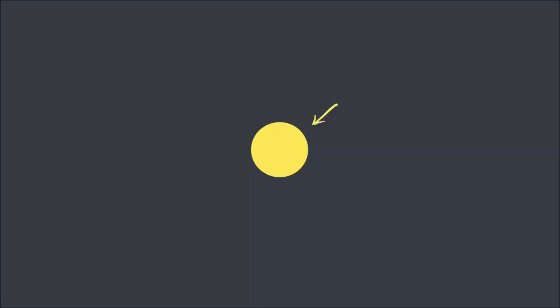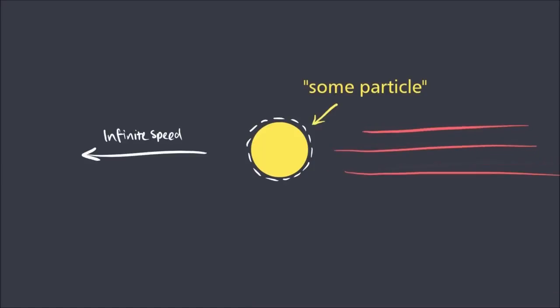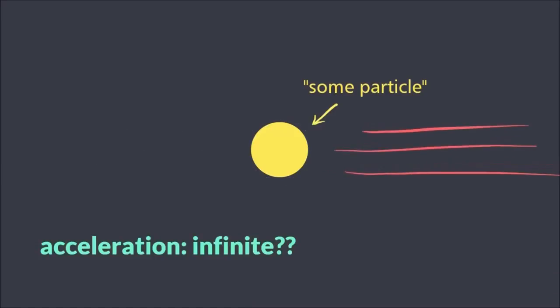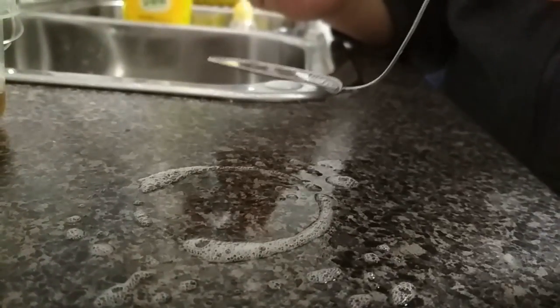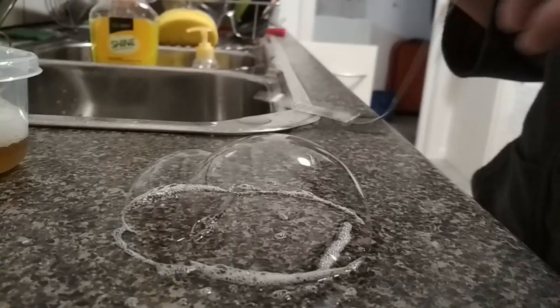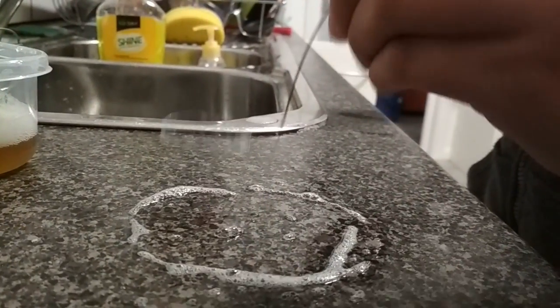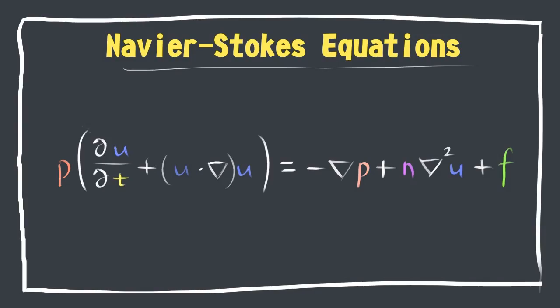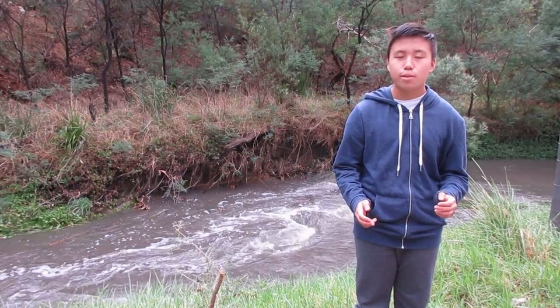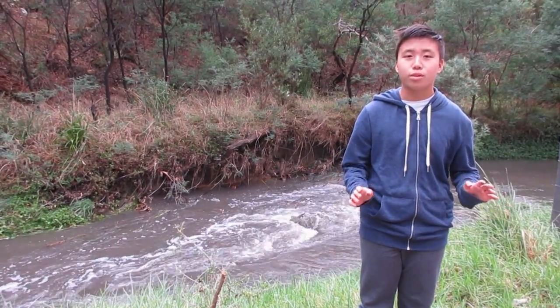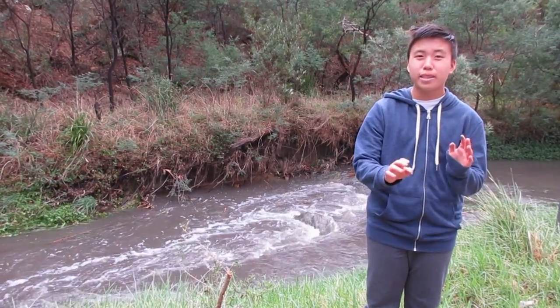In some situations, the Navier-Stokes equations tell us that some particle within the fluid is actually accelerating away at infinite speed. The acceleration becomes infinite because of something called a singularity. Picture this, you're stretching out a soap bubble until it suddenly snaps. The decrease in bubble size is so fast that we can call it infinite. This is what happens, just in equation form. We can see that since the nature of turbulence is unpredictable, providing a global solution for all the different states a fluid can be in is extremely difficult.